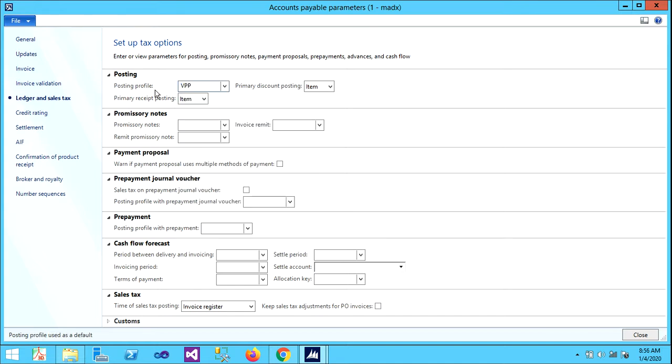So once we configure this posting profile here, our vendor posting profile is activated, and we are good to go with posting general entries. I mean, doing this